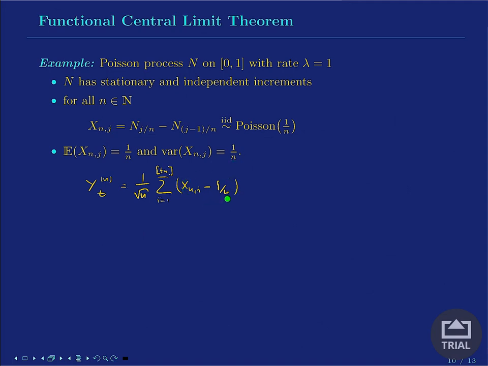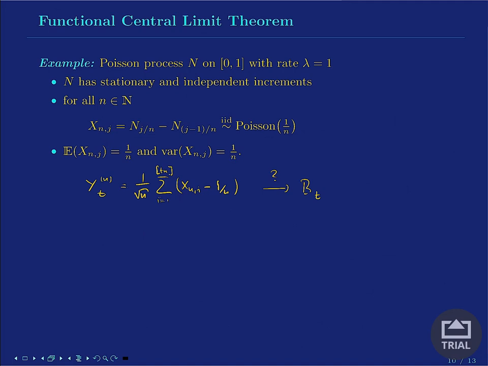So in principle we have here standardized random variables which we sum up. So in total the question is, does this imply by the functional central limit theorem convergence to the Brownian motion as processes? So it should be clear that this of course is not the case, because